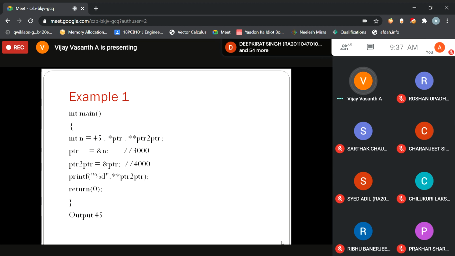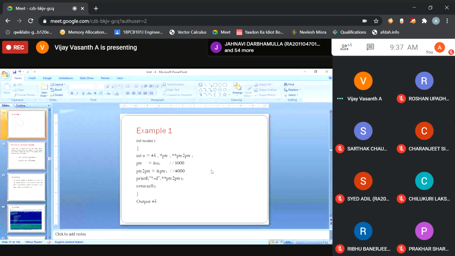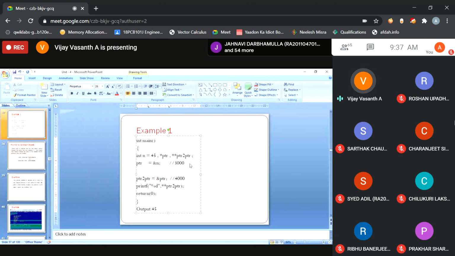Whenever PTR is referencing the memory location of n, 3000, the value of n will be extracted to the pointer.